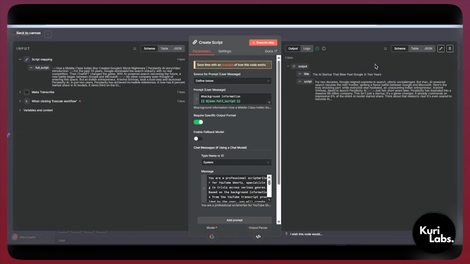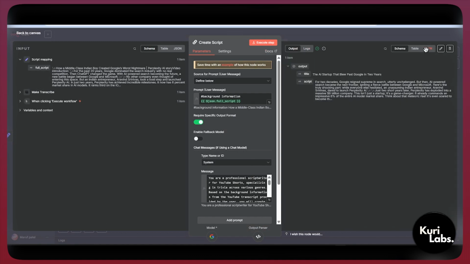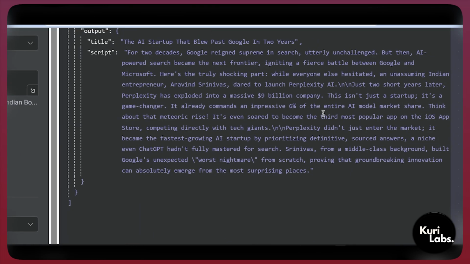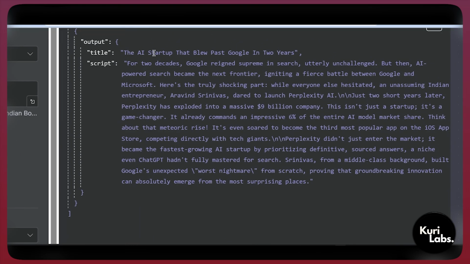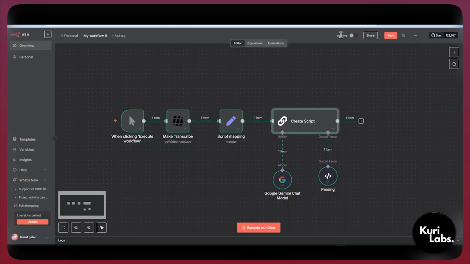Now, just open this output and go into logs. Okay, go into output. Let me see it in the format of JSON. So the title is "The AI startup that blew past Google in 2 years." The script: "For 2 decades, Google reigned supreme in search, utterly unchallenged, but then AI-powered search became..." So as you can see, the results are great, and this is a free model. So let's go to the next section where we will learn how to set up this model and how you can